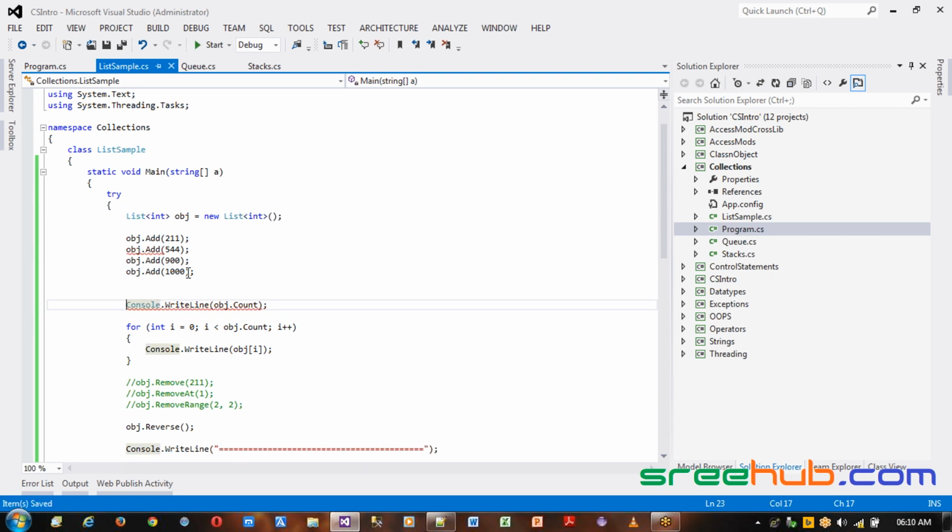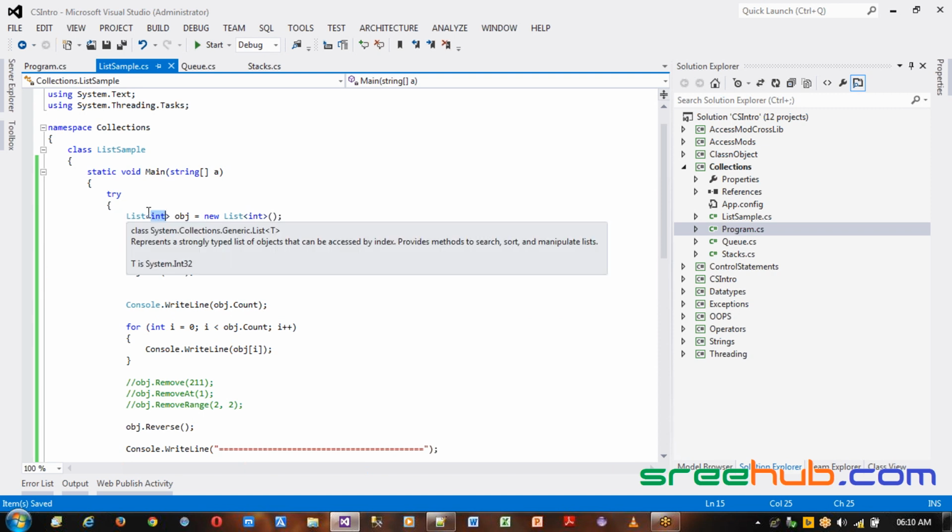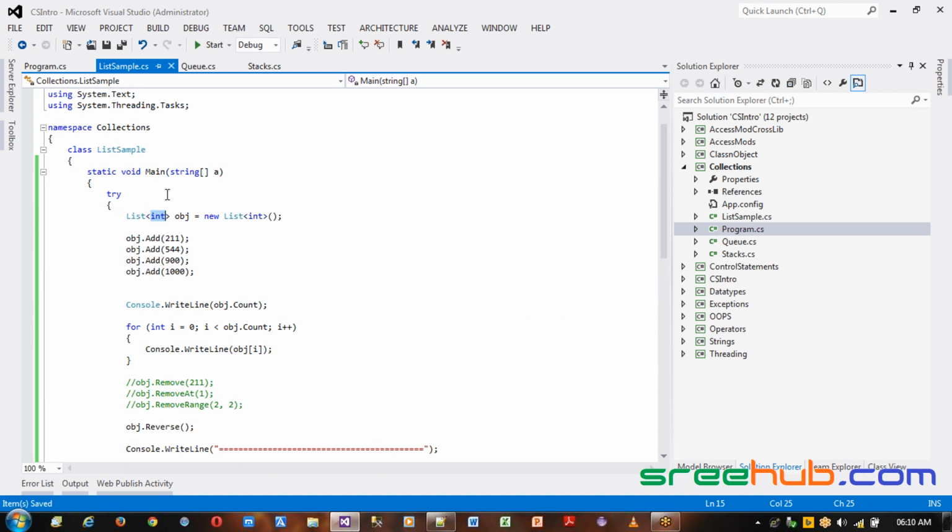I've taken a few integer numbers, and it won't even allow the decimal or bool or anything else. So integer and the lower types will be accepted in the list. If you give a long value, it will accept, but there will be a boxing problem. So this is how we normally mention a generic